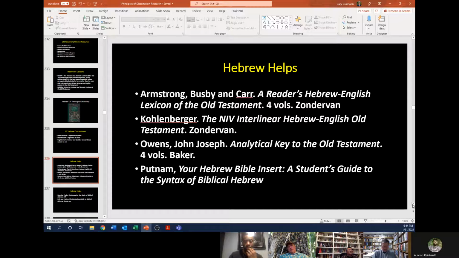So like Bereshit, bara, Elohim, et hashamayim, et haaretz, right? If you put a 3x5 card over there, you'd look at Bereshit and say, what does that mean? And then you could slide it down and you would see that,